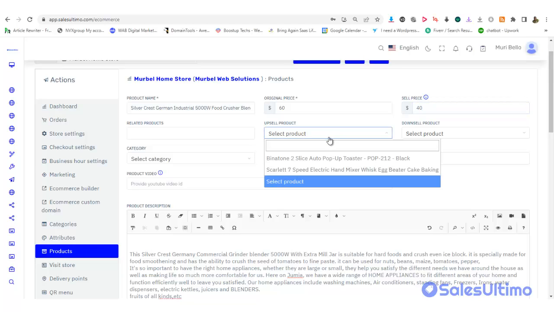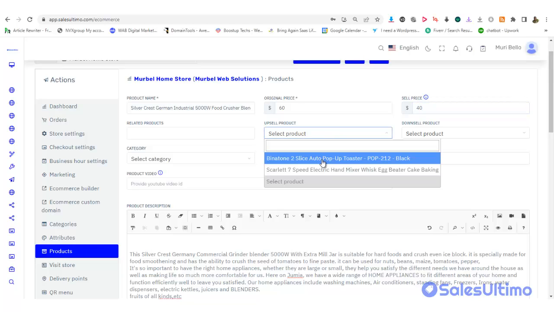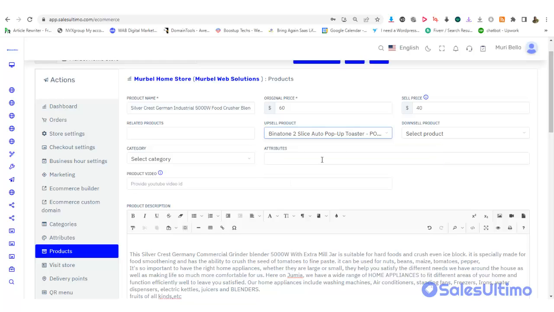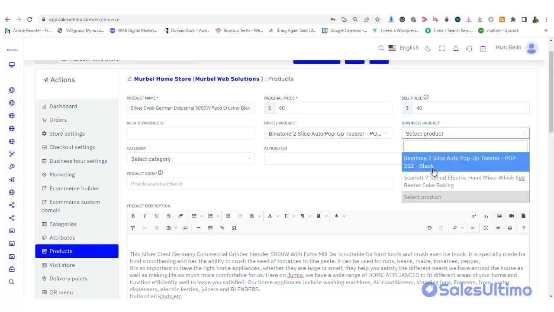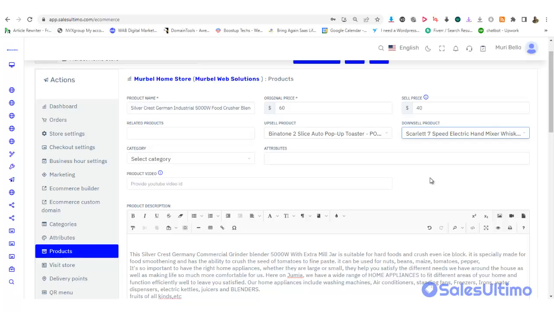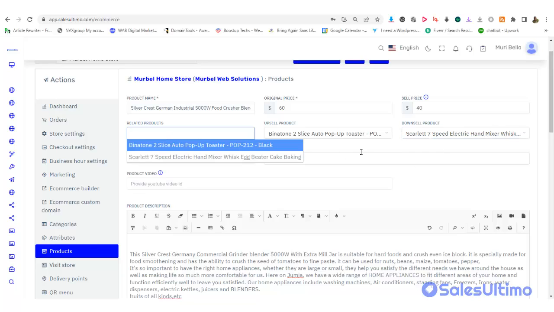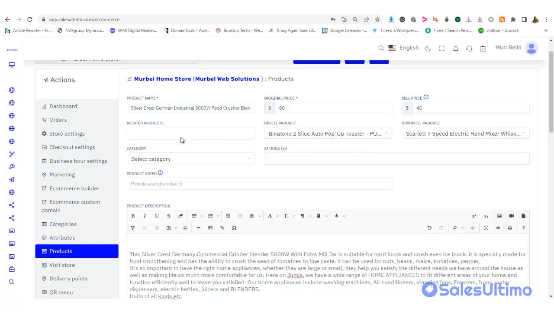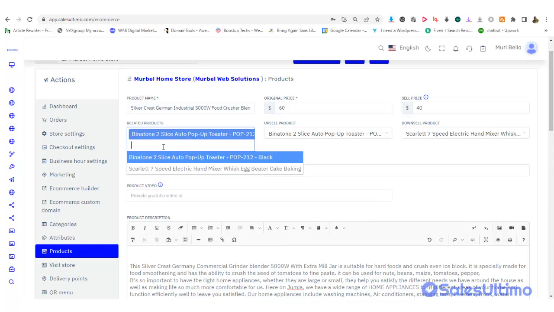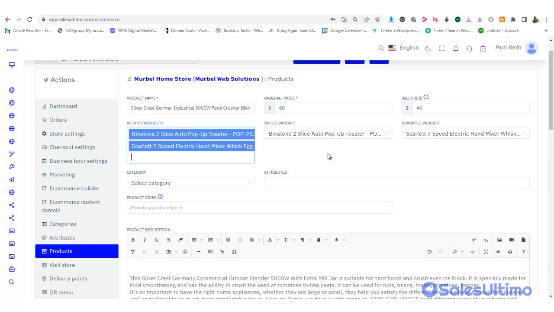So now I'm upselling. I want to upsell. Which one is cheaper? Okay, this one is expensive. I pick Binaton Slice Auto Poster. Then this one looks cheaper. The electric mixer is cheaper. I can't remember. Yes, now. Then if I want to add related products, if it's not necessary, you can add them here. Add more related products. Yes, you don't have to use all of this, but upsell depends on what you are trying